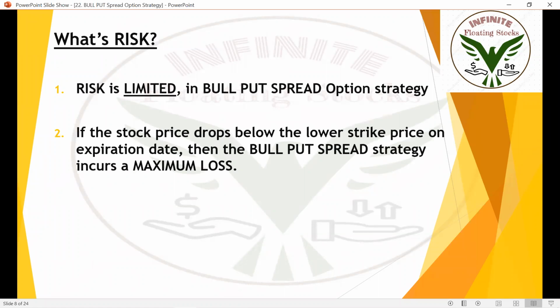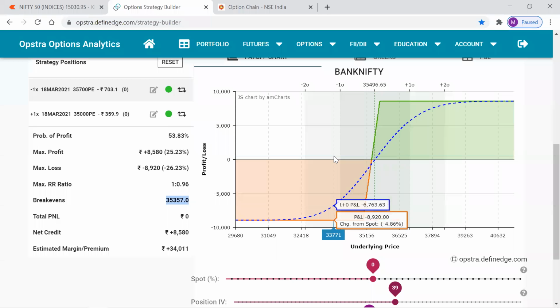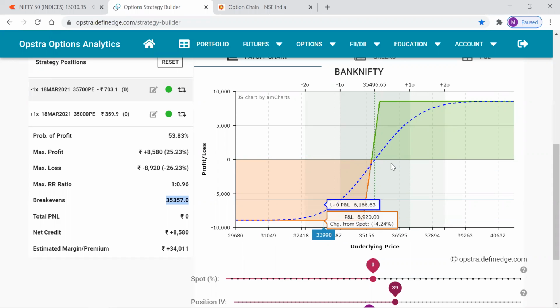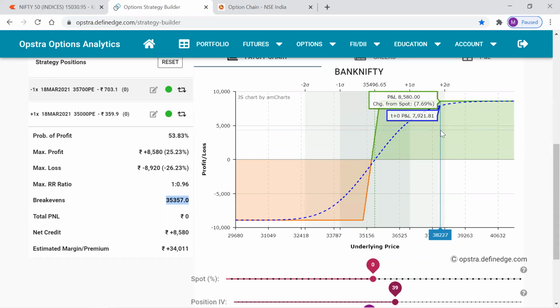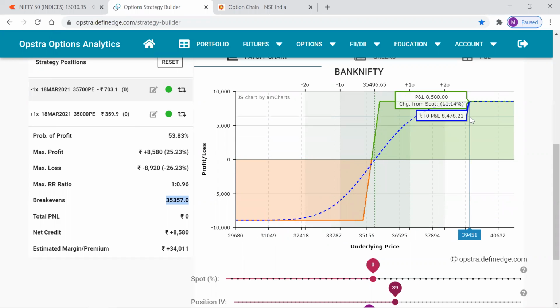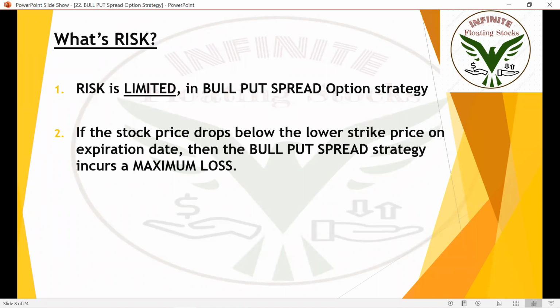All right. So what's risk? Risk is limited. As you look at payoff chart, look at the risk. Risk is limited. Okay. The risk is limited. You're not gonna lose more than 8,900, and you're not gonna get more than 8,500. Okay. So the risk is limited here, and the reward is also limited here. Okay. So risk is limited here in bull put spread option